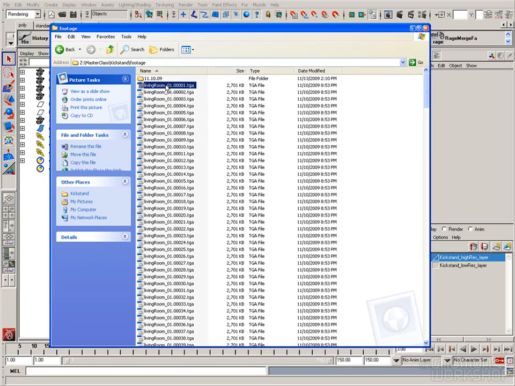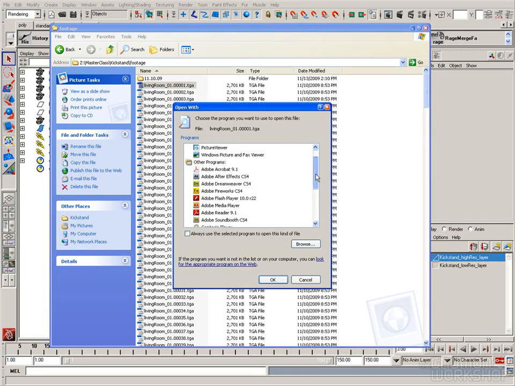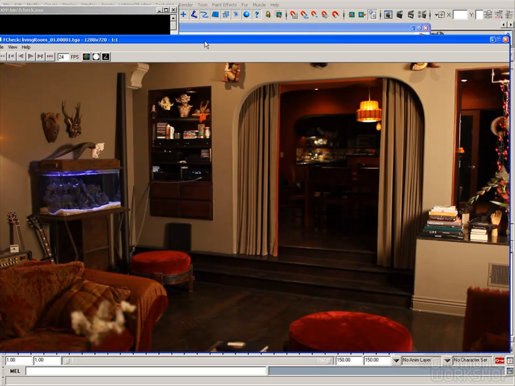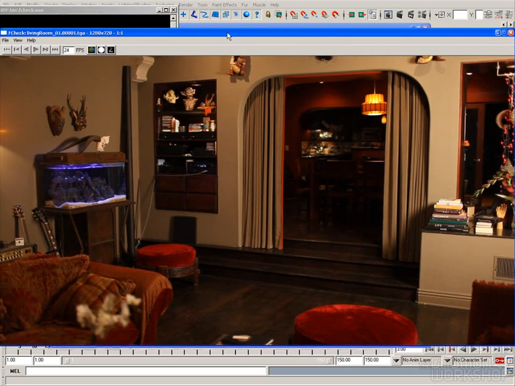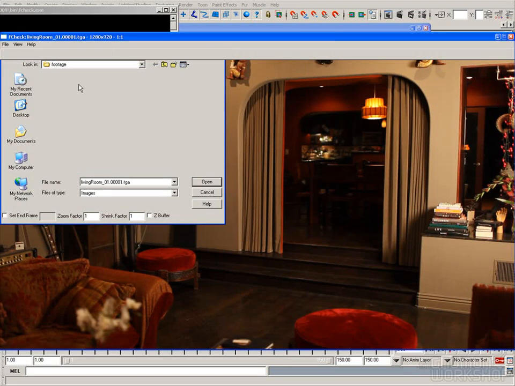So if we were to open one of these, let's just open that with F-check. There's the video. And here's also the video after I brought it into After Effects. You can see it's also color corrected so that it looks a little bit nicer. And then this is a sequence. So if I open animation,